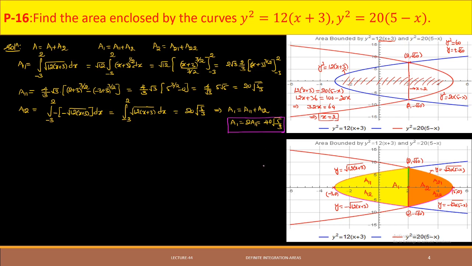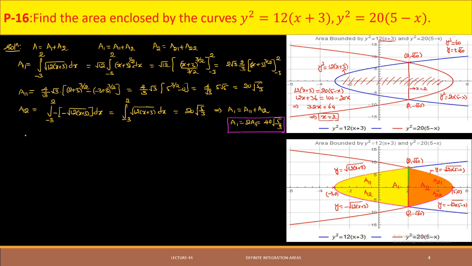Now let us try to understand this geometrically. You can see this portion of the curve. We know that this curve is symmetric about the x-axis. Because of the symmetry, the area a11 is equal to the area a12. Okay, because of that symmetric nature. All right, let us find out